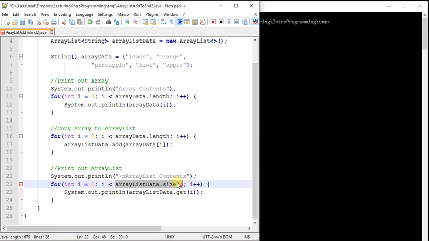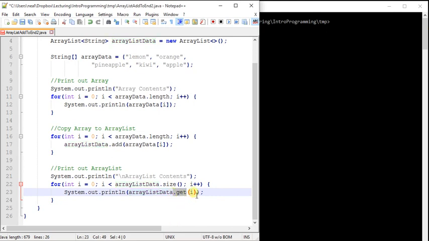Okay? Array lists don't have a concept of empty space. They just have however much data there is in them. If you put more data in, this value will grow. If you take data out, it will shrink. That doesn't happen with arrayData.length. Now this line here essentially is going to print out the elements of the array list, and this is how we look up something in an array list. If you want to look up the ith element, you write down the name of the array list, then you write